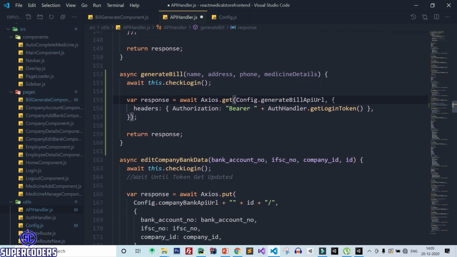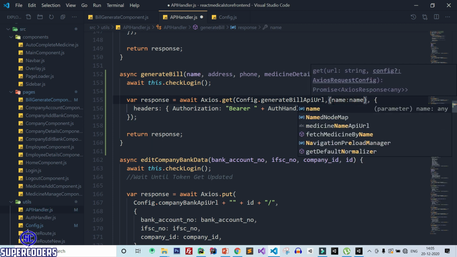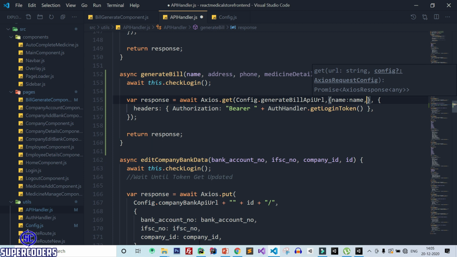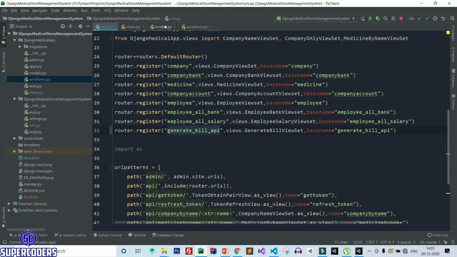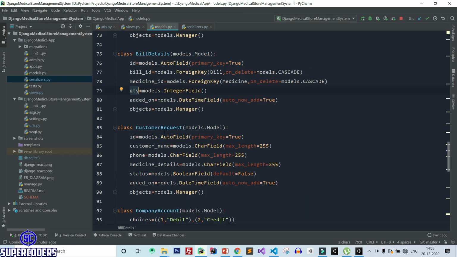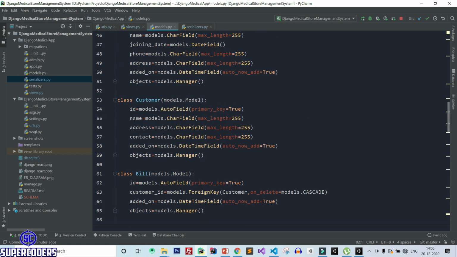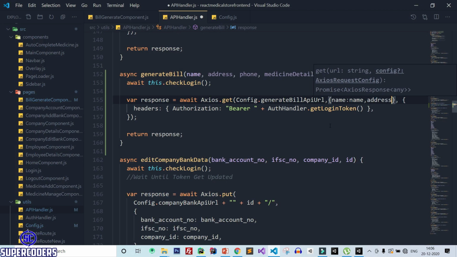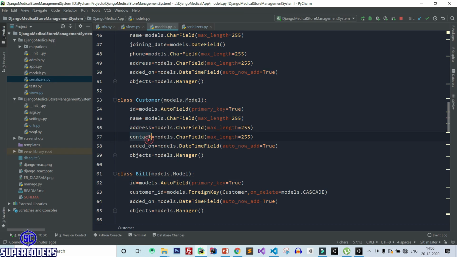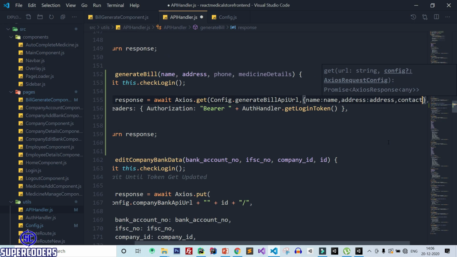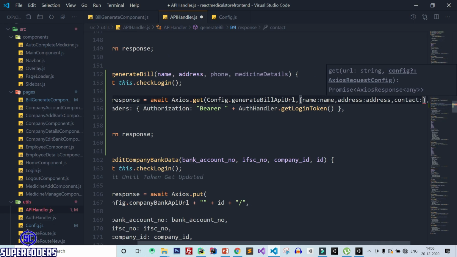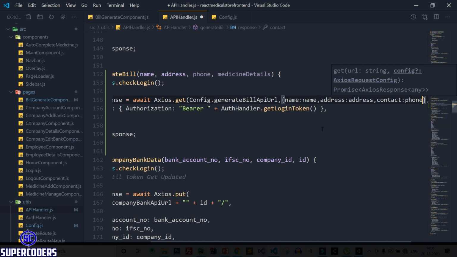So let's see, add here data, so comma, first name, so name, let's see the field name, so back to PyCharm, models, and now let's see the customer field name, so here name, which is name, then address, after that contact, and here phone is our contact.